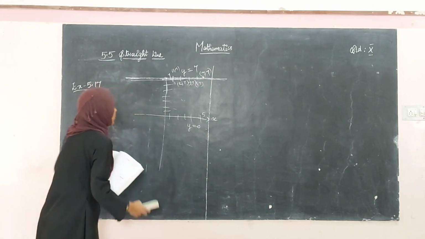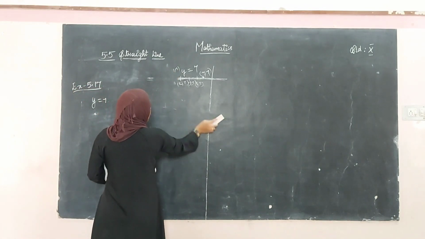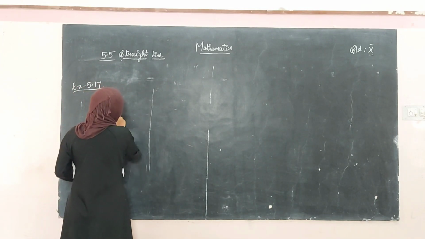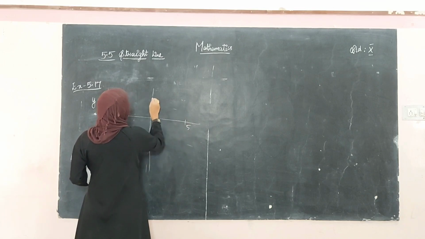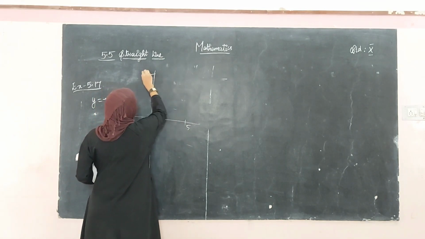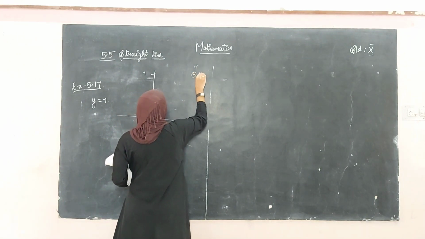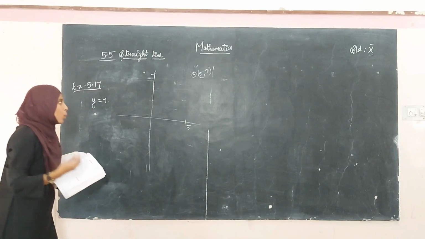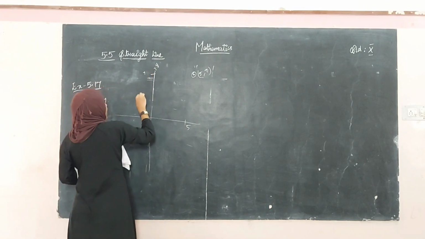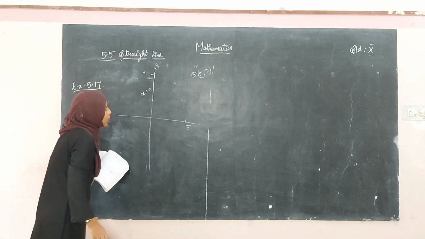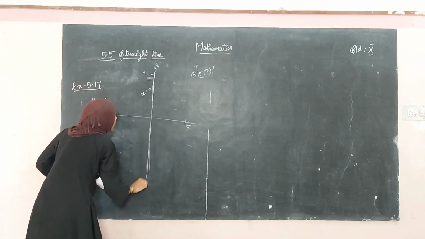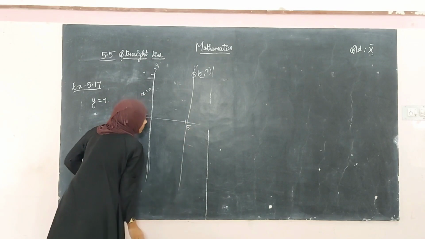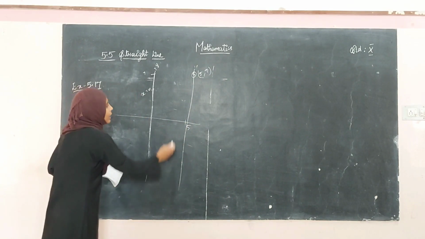Okay, now second subdivision. Find the equation of the line which passes through the point 5, 7 and it's parallel to y-axis. Similarly, let this be 5 and let this be 7. So the point is 5, 7. What is given? It is parallel to y-axis. This is y-axis, right? What is the equation of y-axis? X equal to 0. Parallel to y-axis. Now y-axis is like this. So this line passes through this point parallel to it. So how will that line be? It will be like this. Yes, now we have to find the equation of this line.